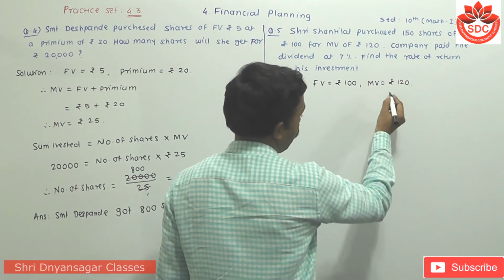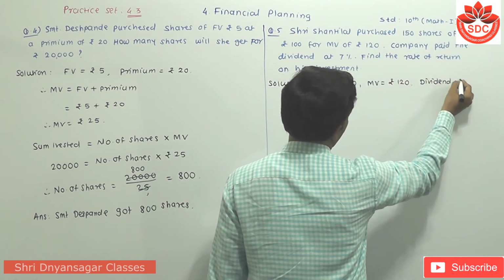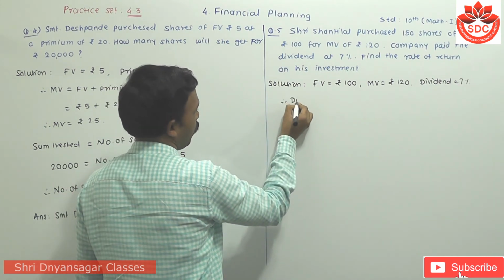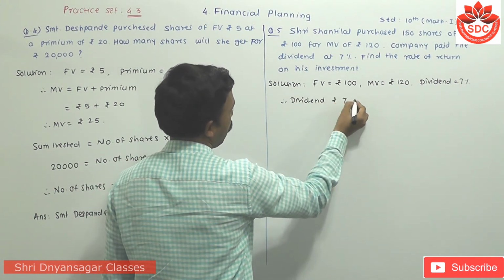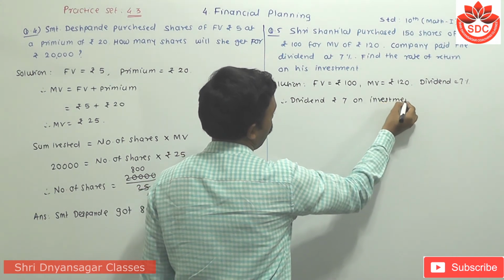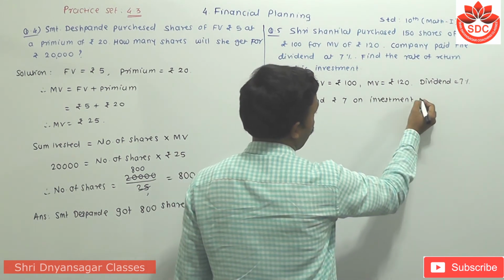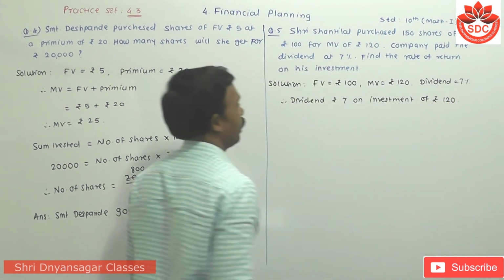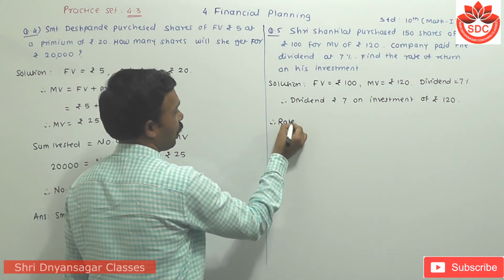Dividend is also given, 7%. Therefore dividend is rupees 7 on investment. Investment is rupees 120. Therefore rate of return is equal to, you have to find out here, rate of return is equal to,